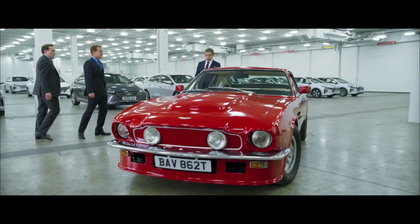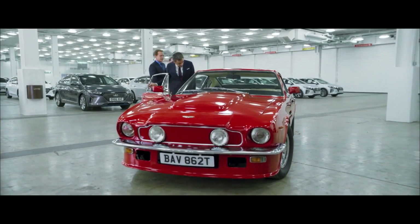Oh, don't be ridiculous, English. This car's a relic. When I got the opportunity just to go back and buy a similar car, because I